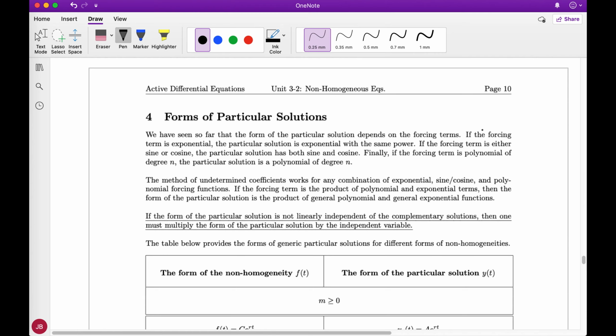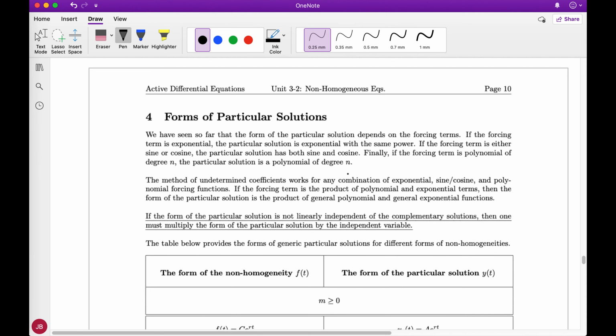If the forcing term, or the right-hand side as I usually called it, was exponential, then the particular solution looked like an exponential of the same type, right? If the forcing term had sines and cosines, then the particular solution had sines and cosines of the same type, right? And finally, if the right-hand side was a polynomial of a certain degree, then the particular solution was also a polynomial of that same degree, right? And so the only time we had to modify things is if